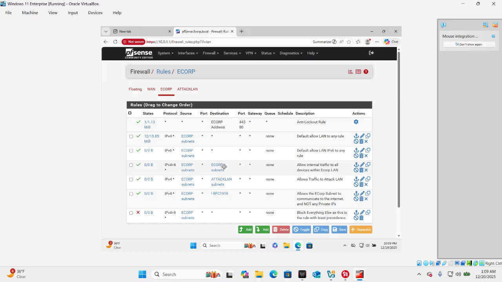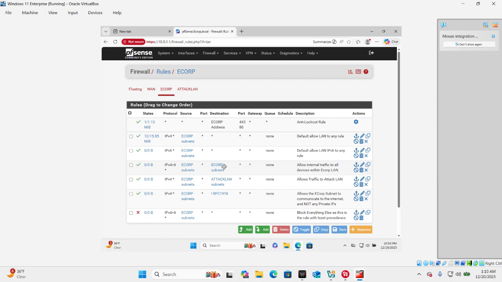The rule after that is going to be the eCorp LAN being able to communicate with the attack LAN, which, if you did read the README file that I have in GitHub, I would, of course, only do that for lab purposes, because obviously, if you have an attacker in your environment, you don't want to intentionally give them access to anything, really. So I think that goes without saying, but for the purposes of the lab, it's kind of good to be in both the blue team and the red team seat. I guess you would call that purple teaming, but anyways,